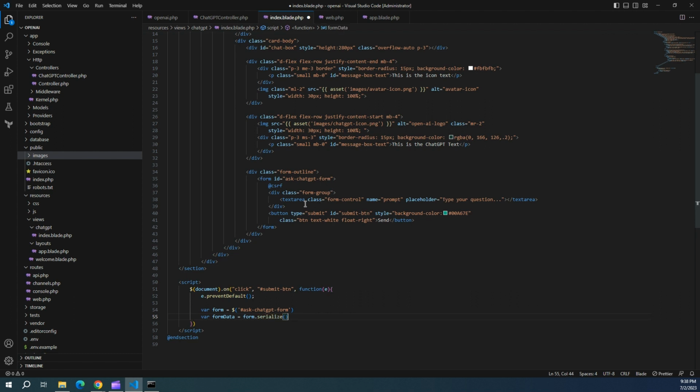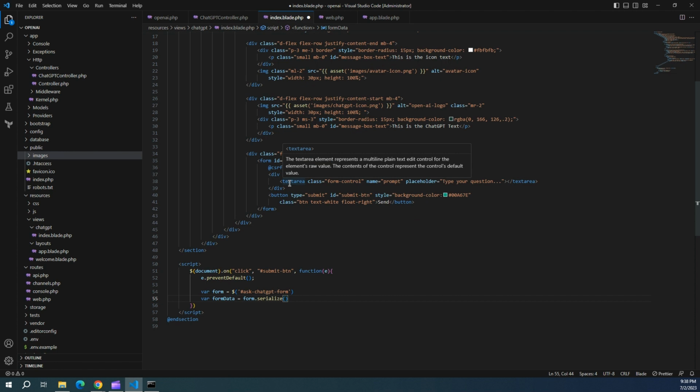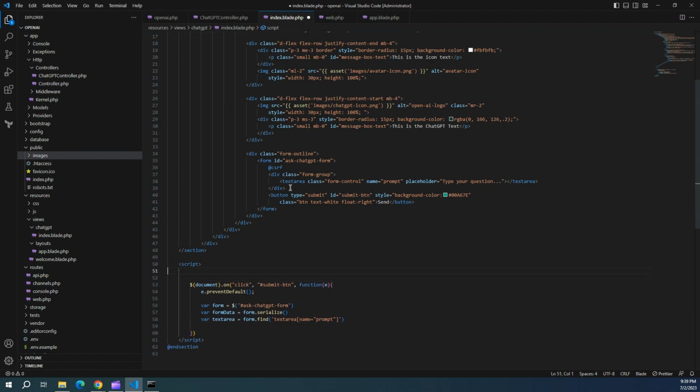And since this is a text area, what we'll do is we'll actually just reset the text area before we submit the form. That way we don't have the text remaining in there waiting for ChatGPT to respond and things flow a little bit quicker. So we're actually going to get the text area here as well. We're going to say, find us the text area on the form with the name equal to prompt. So we'll have this form reset. Okay, so this is the key piece of functionality that we're going to write to actually generate the chat box